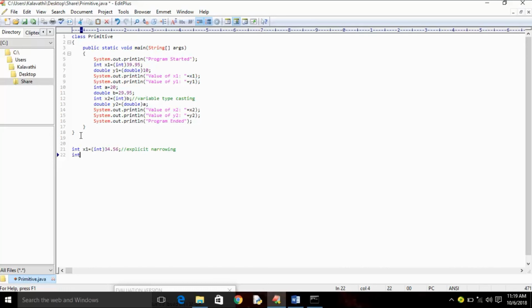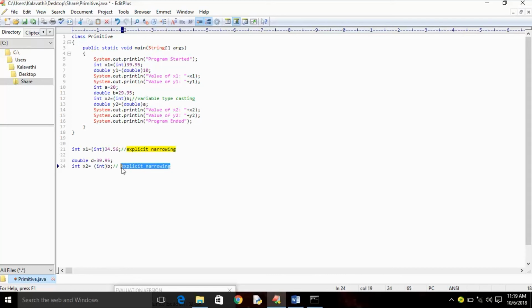Int x2 equal to int b, explicit narrowing. Double b equal to 39.95.